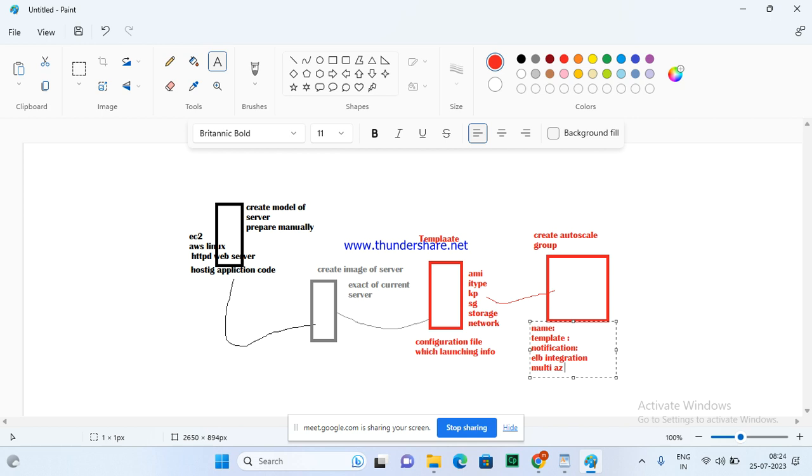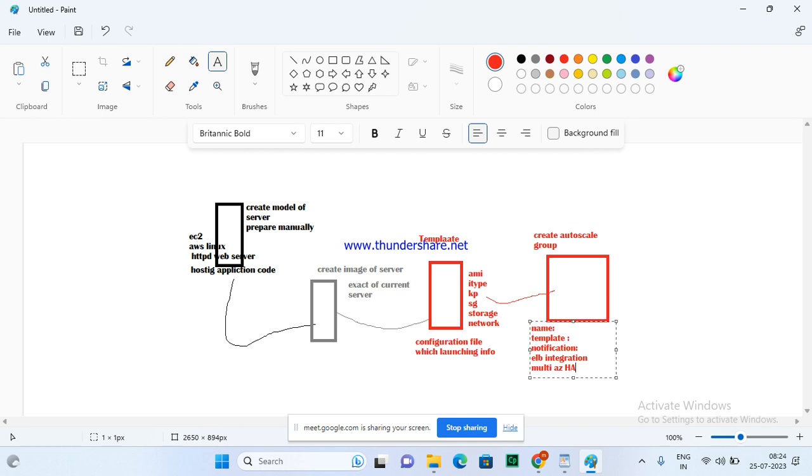Then multi-AZ selection. That means while launching, the server should not launch in one zone. It should launch in multiple zones, because of high availability of the server. Region and zone: I have already given the diagram of region and zone. A region is a specific physical area. In that there will be building 1, building 2, building 3 in an Amazon data center. So one data center, second data center, third data center. All these data centers are called zone 1, zone 2, zone 3. They are separated from each other.